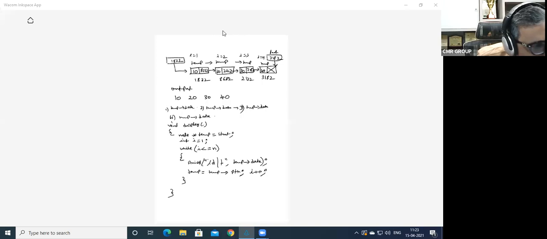So tomorrow we are going to do the circular singly linked list, and after that we are going to go for the doubly linked list. Once the singly linked list is over, to complete the doubly linked list, and then I'll do the stack and queues. Okay, right.